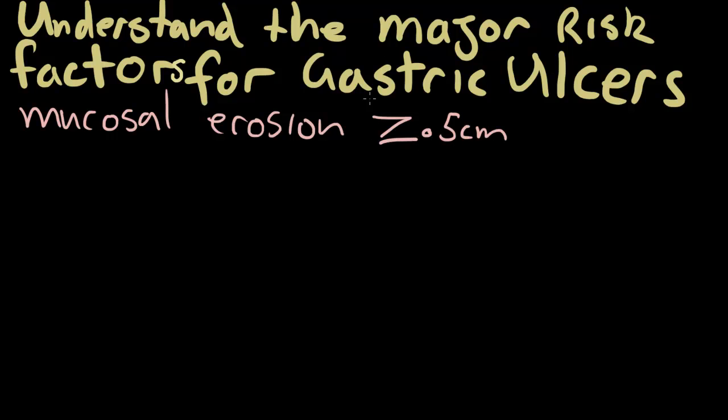Now, gastric, occurring in the stomach. How are they caused? Well, basically, if you've seen my other videos, you know about the gastric mucosal barrier. So they occur when that barrier is broken and the gastric wall is injured by acids and enzymes. So the risk factors for this, the major ones are